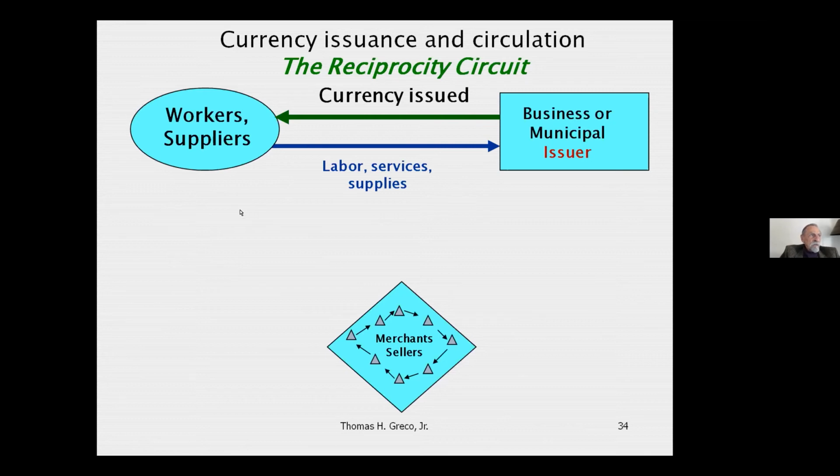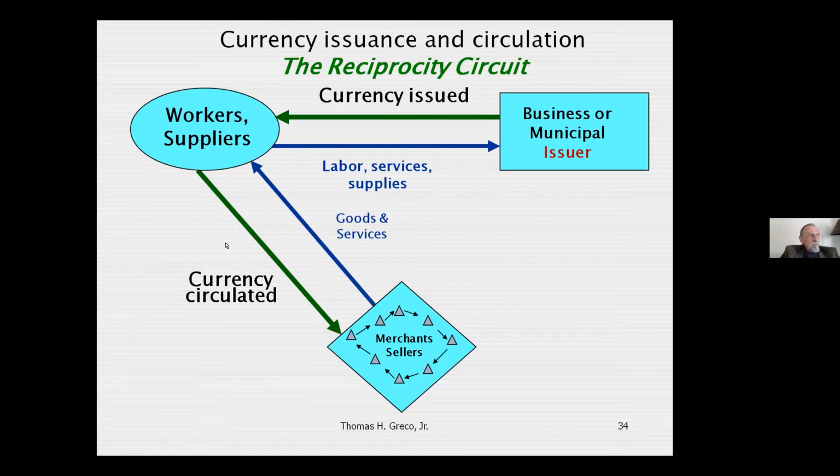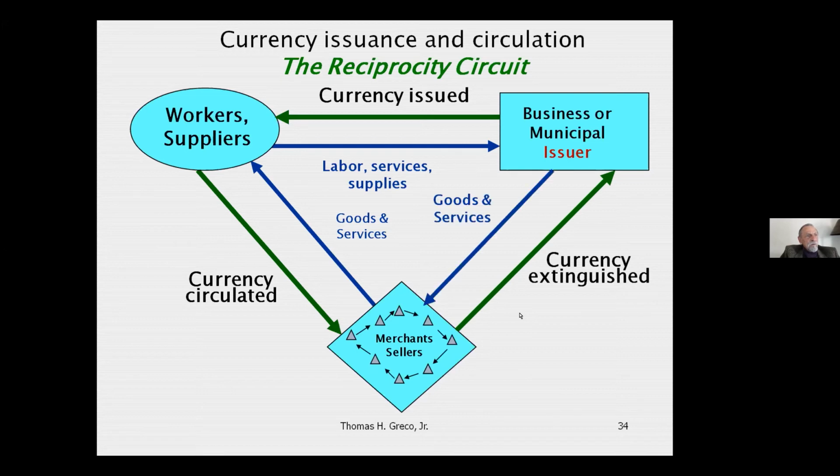So this is strictly voluntary. This group has to agree to accept the currency, and they will do that if they know they can spend the currency to get what they need from merchants in the community. And those merchants can then circulate it amongst themselves, and the currency can circulate throughout the community to all participants in the economy, knowing that they can turn it back to the issuer in return for goods and services that